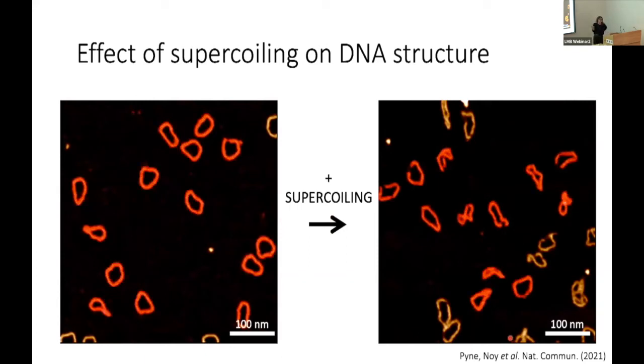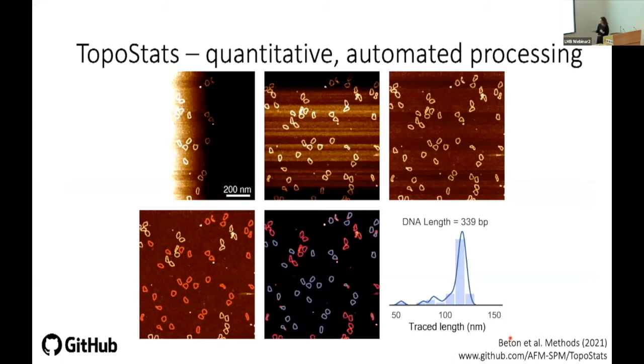And normally in AFM, we'd just leave this here and we'd show you a picture and we'd say, thank you very much. But again, we're biophysicists and we're talking about how we can take these techniques forward. So what we've developed is an automated processing pipeline that's able to take raw data in that looks as ugly as this. That's what our normal raw data looks like. And is able to process all of our data automatically, pick out individual molecules and give us histograms of what